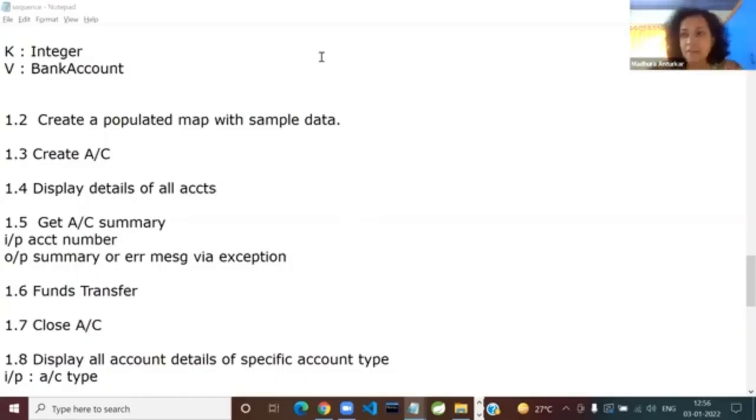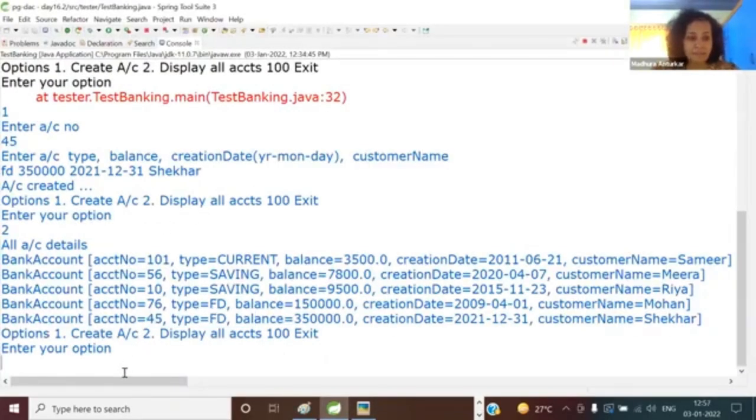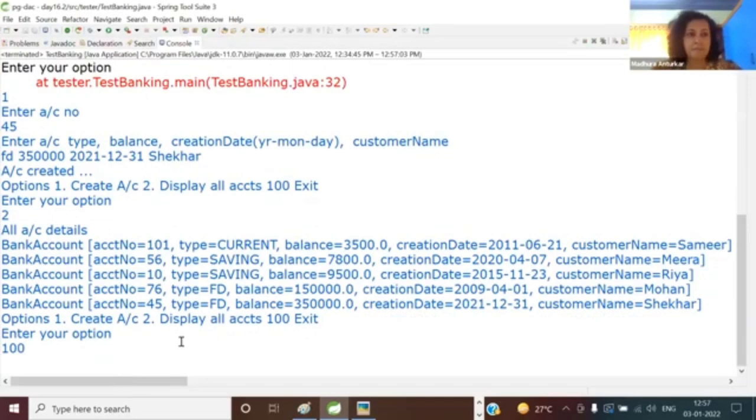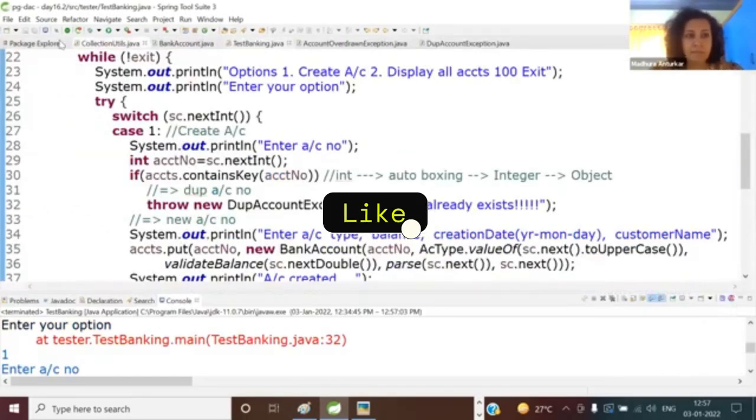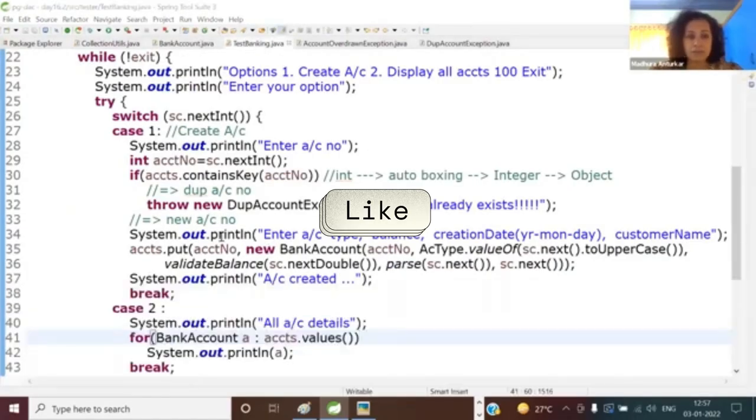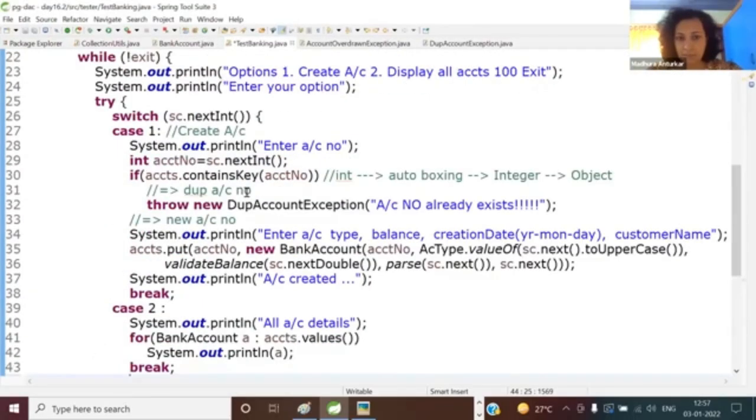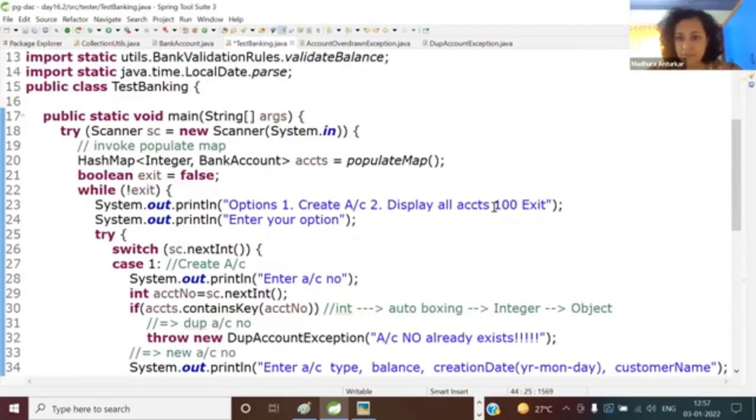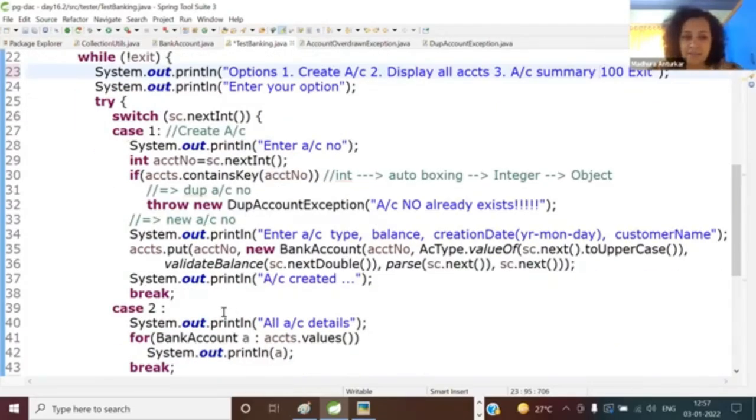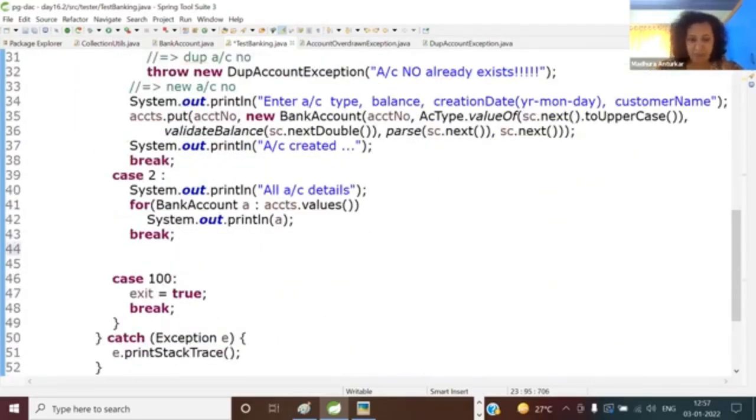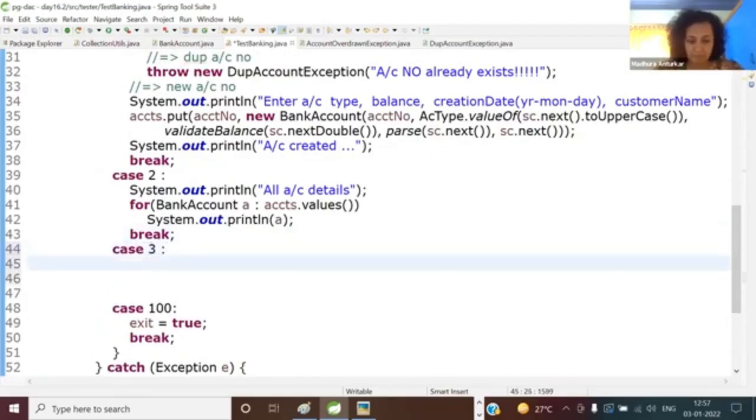So let's start writing it together in case you have not done it so far. Let's add a new case here in the tester. I'm adding it in the options first. Account summary, account details, whatever. So this is the customer login part. Here you ask the user,